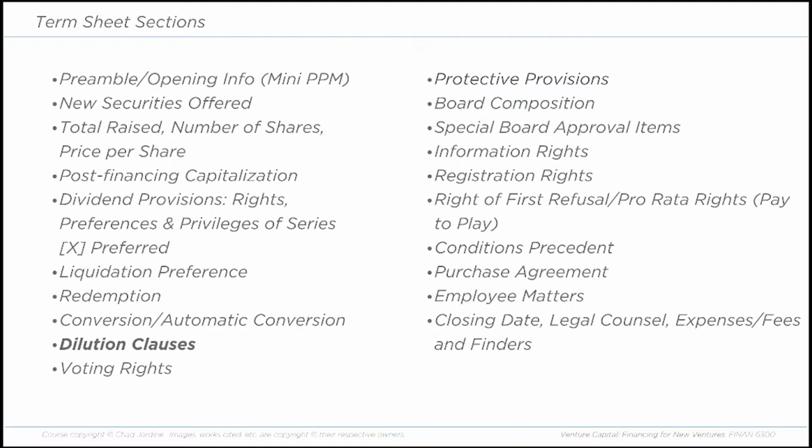Dilution. Investors may want to negotiate terms that prevent their total ownership from becoming diluted by subsequent investors. In our model of the entrepreneur's journey, all subsequent investments were made at a higher valuation. But that doesn't always happen. When a company raises money at the same valuation as its previous raise, that's called a flat round. If they go to raise money at a lower valuation, that's called a down round. In these cases, the investment is dilutive to the existing shareholders, including previous investors, rather than accretive as you would want. Down rounds are more likely if a company pushes for too high a valuation in its early seed or